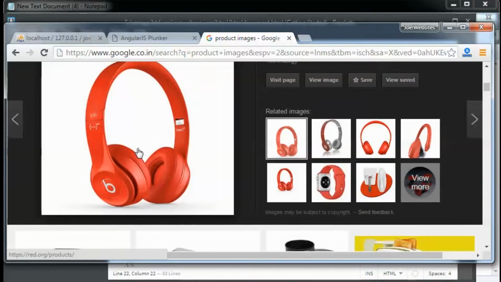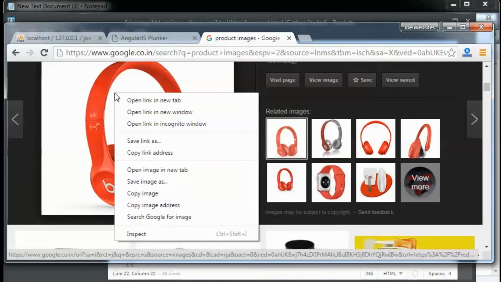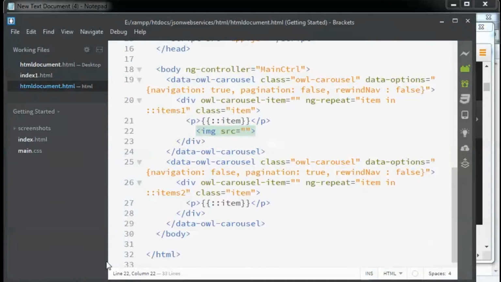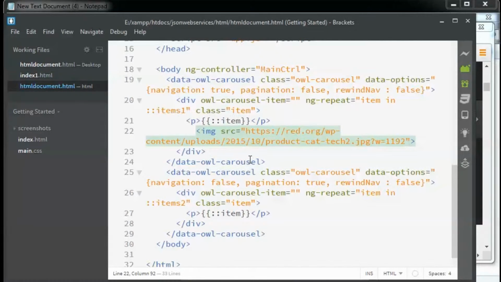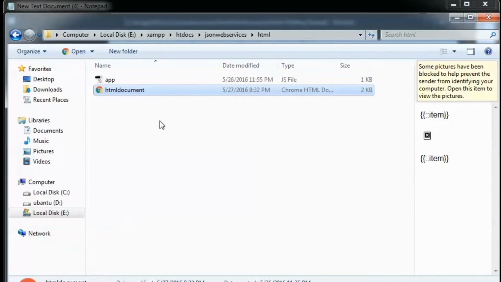I'm going to right click on it after it's loaded and click on copy image address. So let us paste the address over here inside the source attribute. Let us try refreshing the page and see what happens.